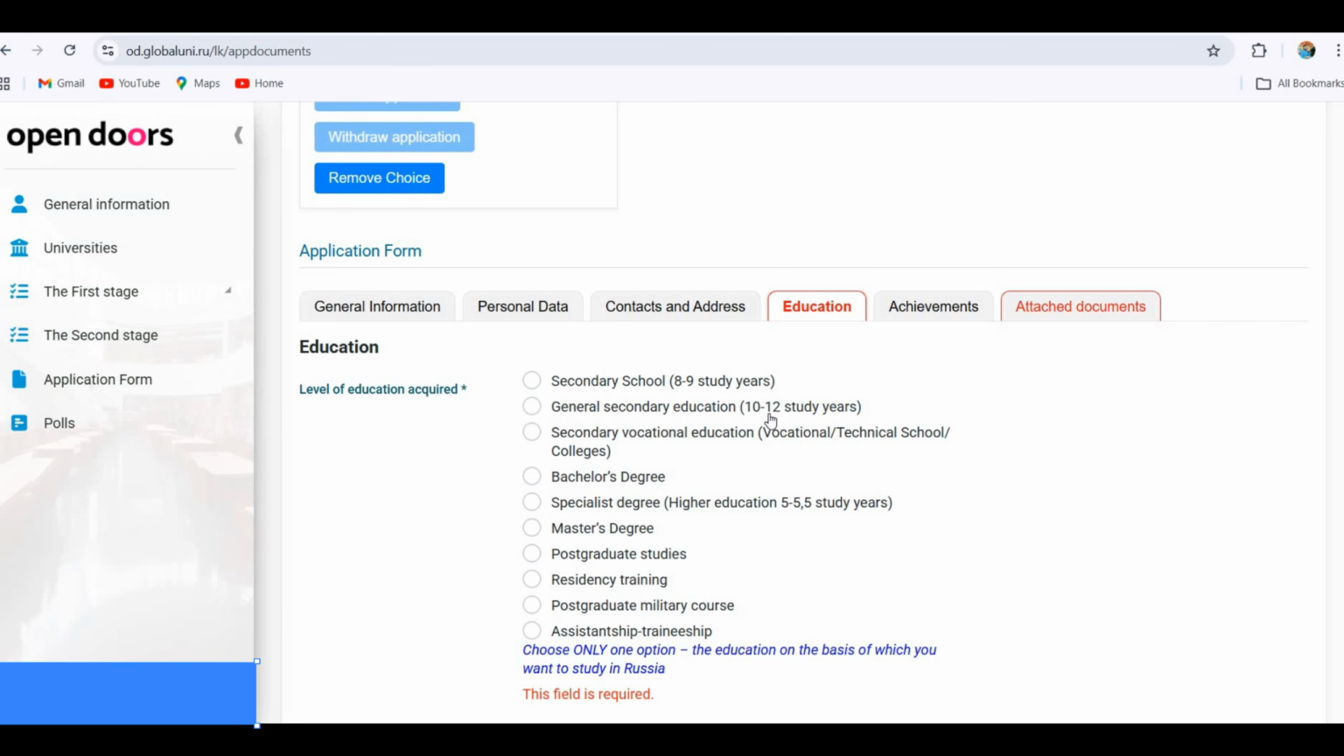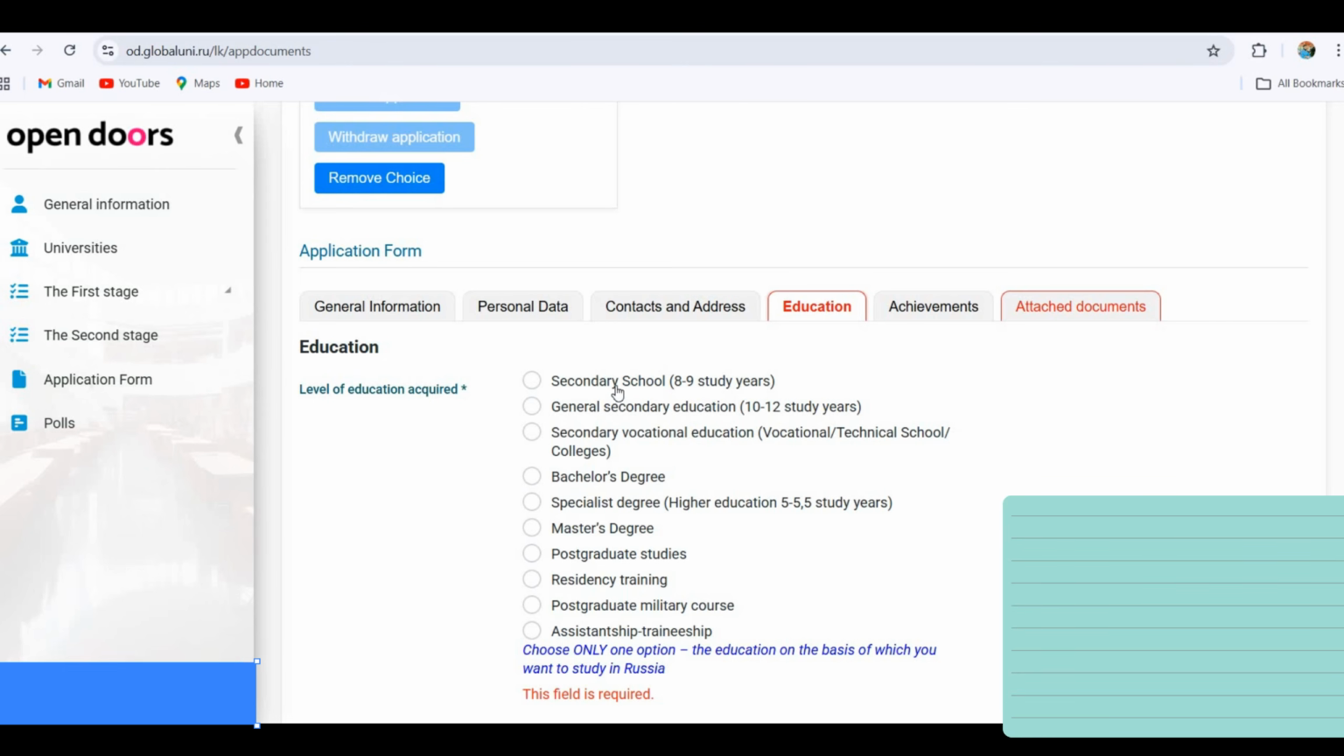Now here in the education section you need to select your education here. If you are applying for bachelor's, then you need to select these two options, general secondary education and secondary vocational education. According to your educational background, you need to select one of these options. And if you are applying for the master's degree, then you need to select bachelor's, and all the options are available. So you need to select according to your